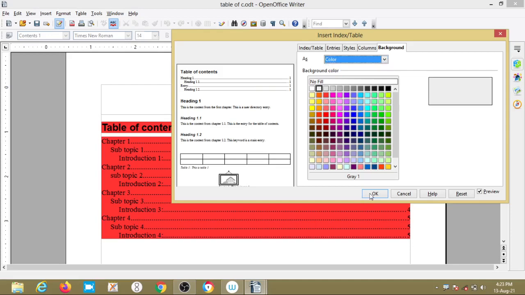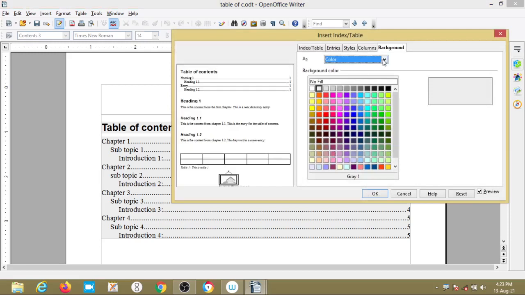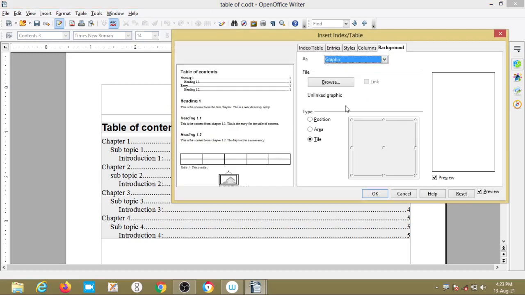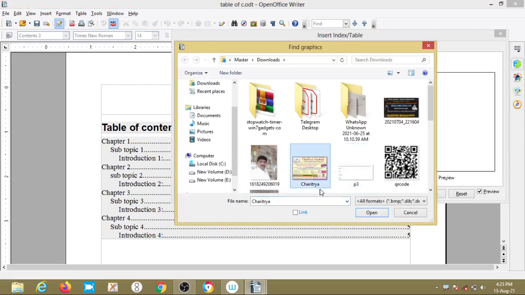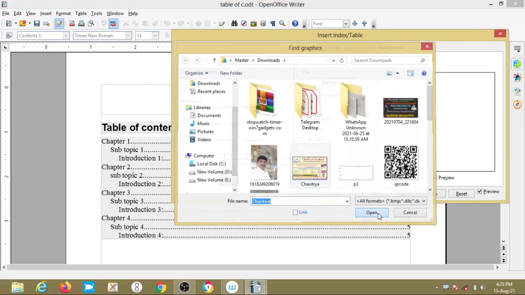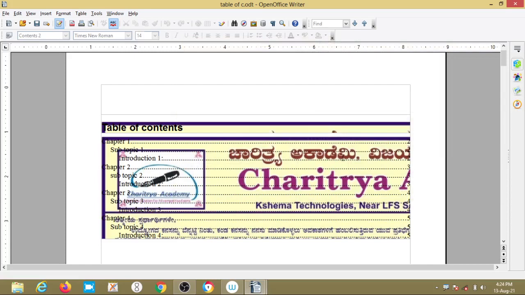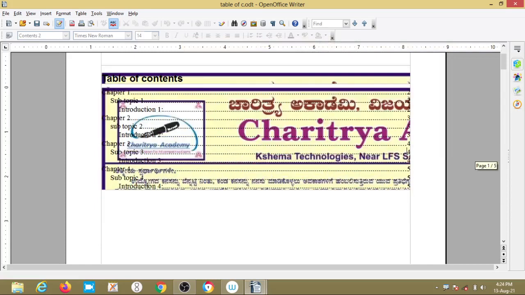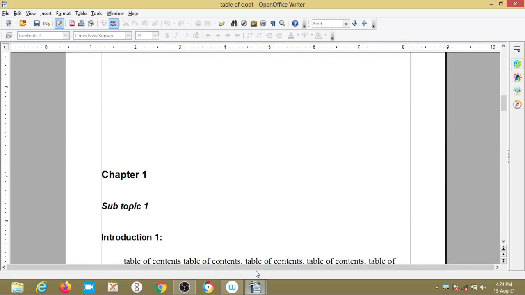So gray color, and if I want to give the picture, so browse, give this Charitra. Okay. So Charitra Academy, here chapter 1, table of contents, subtopic, introduction, chapter 1, chapter 2, chapter 3, like this it will come, continue the things.